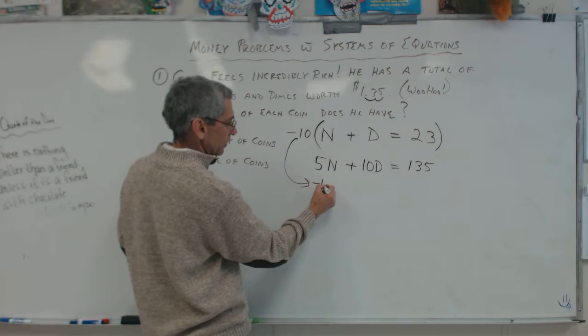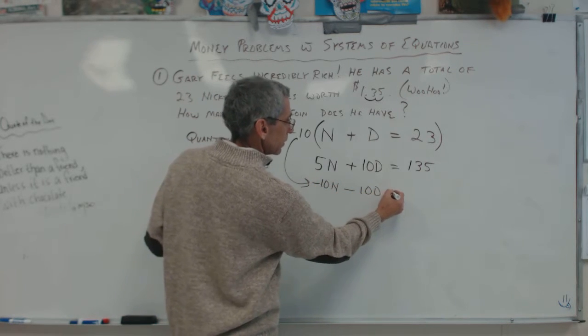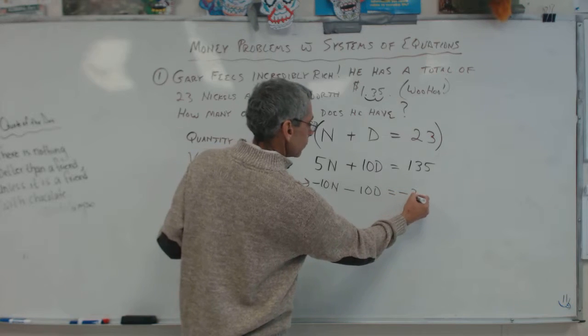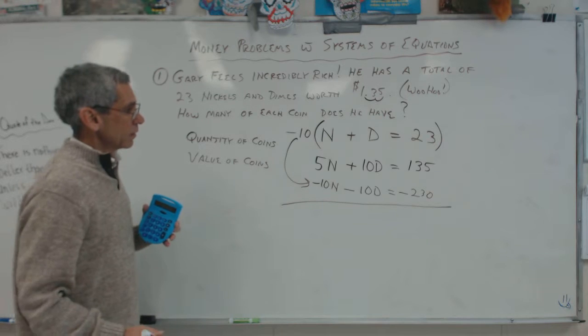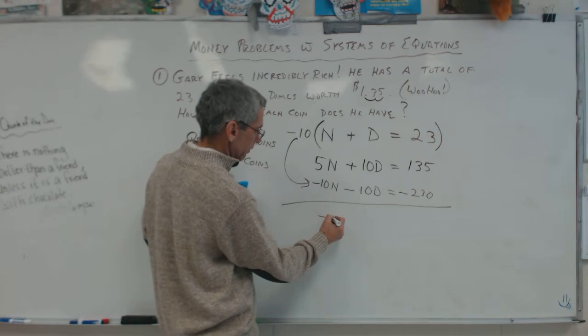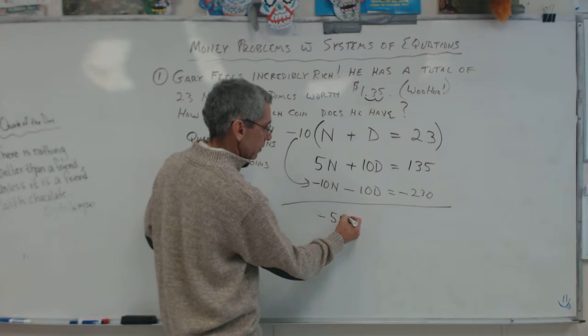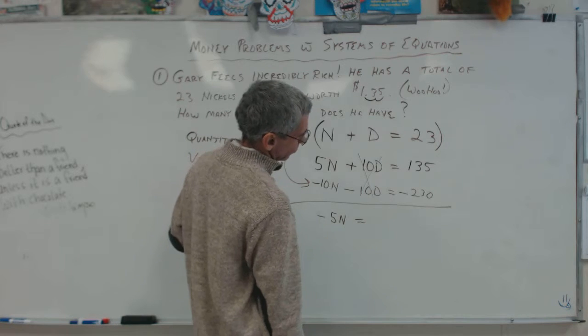So I have negative 10n minus 10d equals negative 230. You guys agree with me? Then you add them all together. So if I add them up, I've got negative 5n is equal to, because these cross out, negative